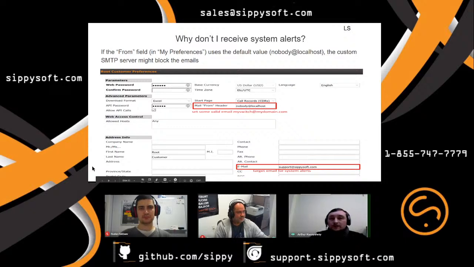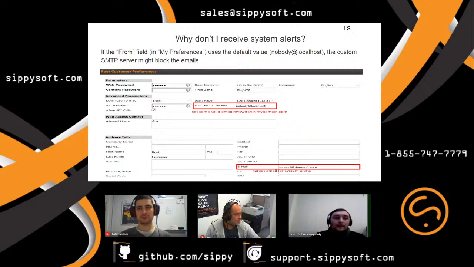Why don't I receive system alerts? This is a very frequent question, and there are a number of solutions to avoid those issues. The first place which the switch operator should carefully check is the My Preferences menu of the root customer.